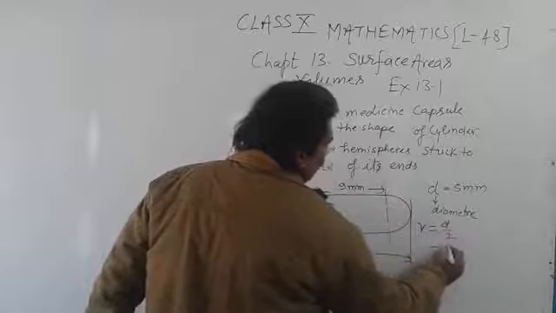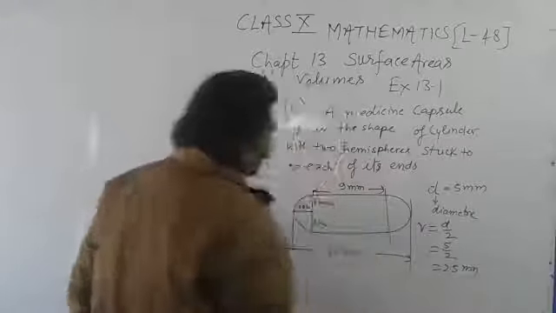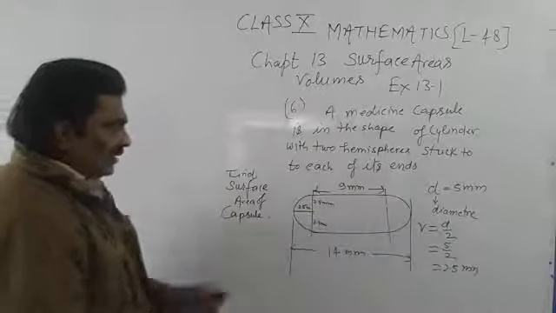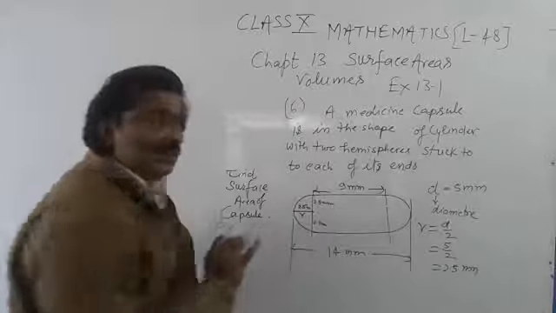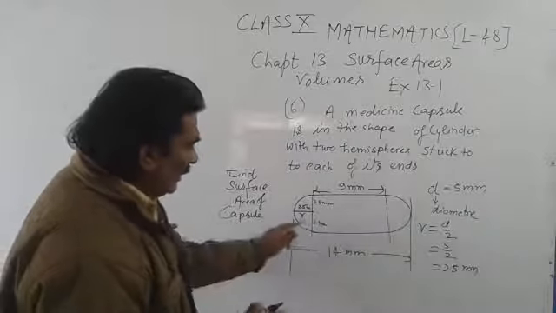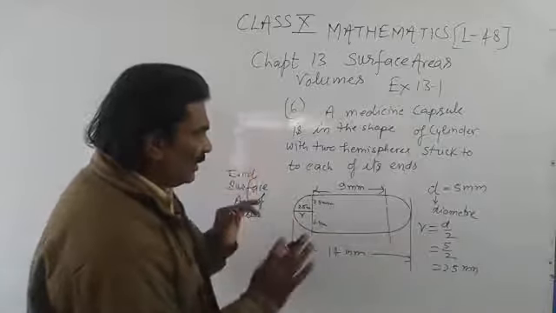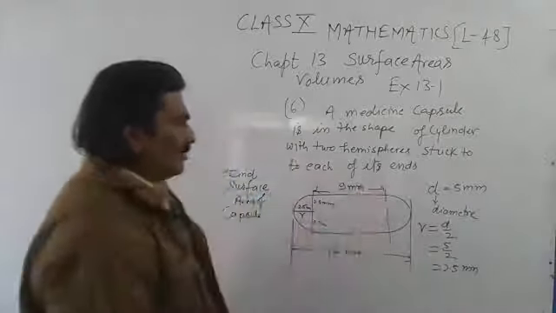And you know, if this is diameter, then radius becomes d/2, that is 5/2 or 2.5 millimeter. So this radius is for both hemispherical ends as well as the cylindrical portion. तो स्टूडेंट्स रिमेंबर कि जो रेडियस है वो हेमिस्फेरिकल पोर्शन के लिए भी रहेगी वही, एंड ये जो आपका सिलेंडर पोर्शन है बीच का उसके लिए भी रहेगी.